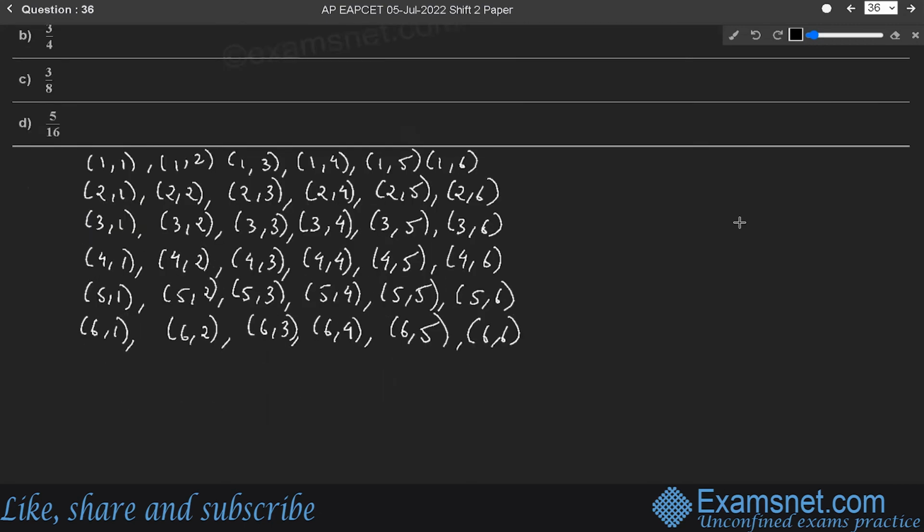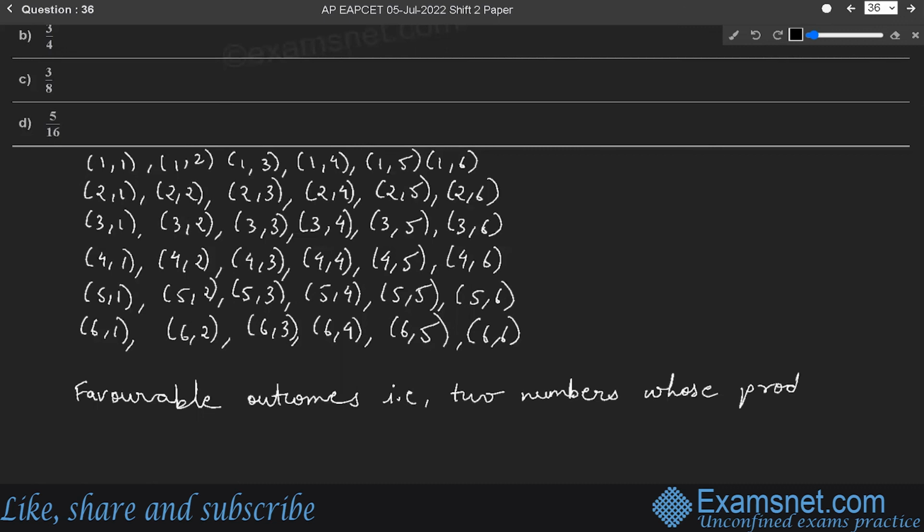Now, favorable outcomes, that is 2 numbers whose product is even are. We have to find 2 numbers whose product is even. So out of all these possible outcomes, the pair of two numbers whose product is even are